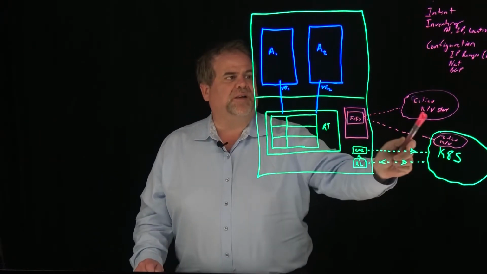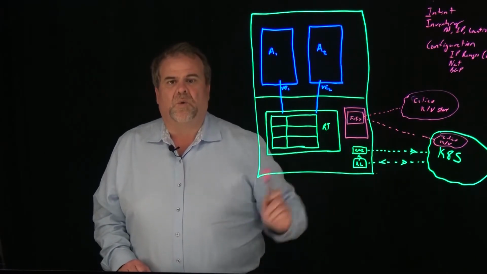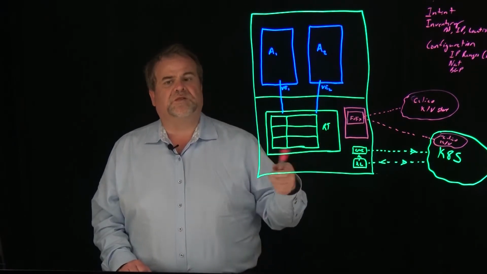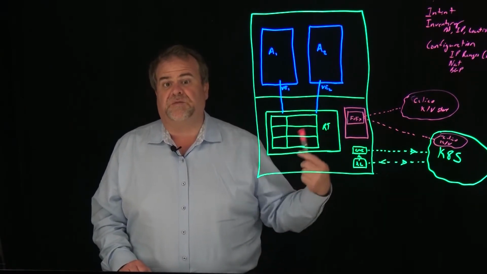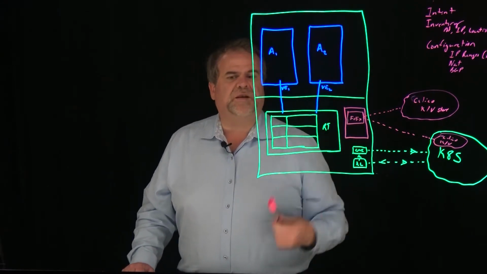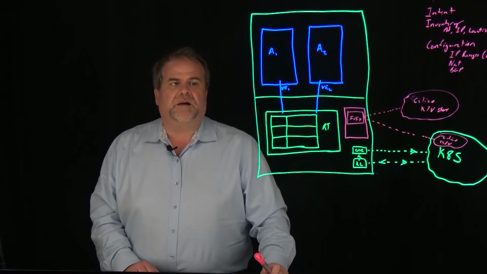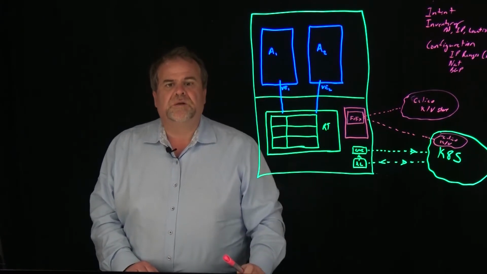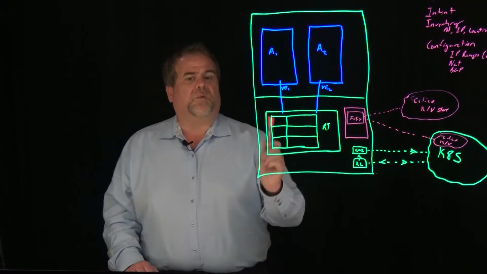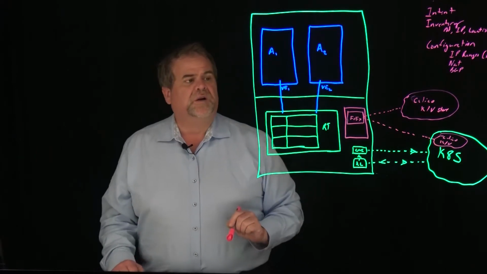So in this case, Felix is watching for updates. Felix on host 1 is watching for updates about inventory on host 1. Felix on host 2 is looking for updates to inventory on host 2, etc., etc. So in this case, this Felix is going to find out that we have networked two pods on its host, A1 and A2. So what Felix is going to do is first of all confirm those,